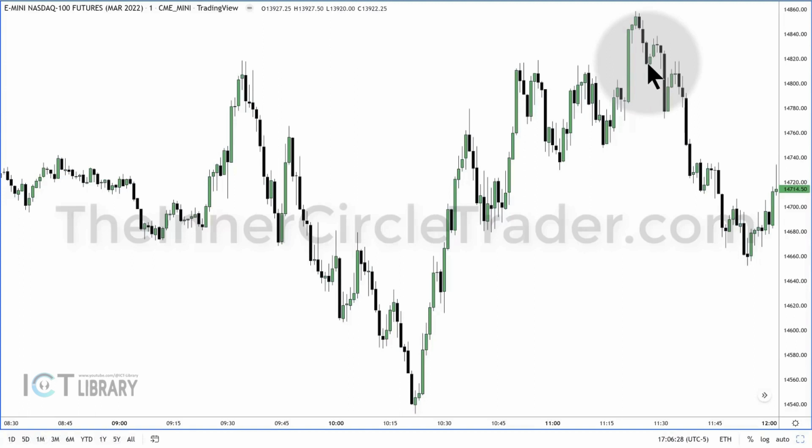What it is, it's a change in the state of delivery. The market's being offered higher, higher, higher, higher in these two up-close candles. How did this series of up-close candles begin? With this candle's opening right there. That opening, once this candle trades below it, that changes the state of delivery. So you go back to that point of reference right there. And that's why it's sensitive. The algorithm remembers that right there.